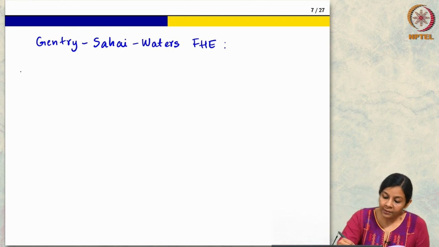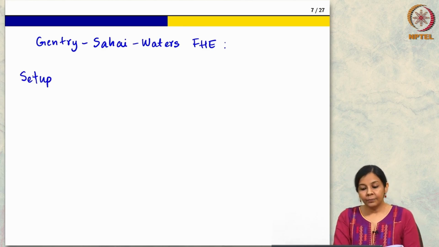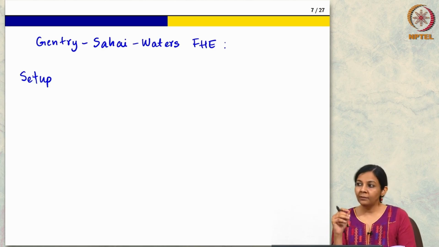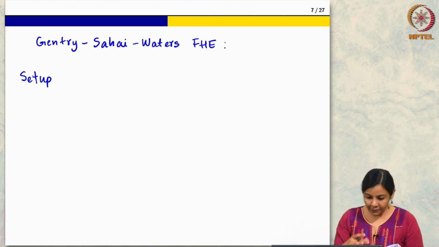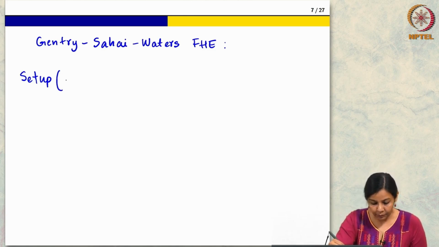So, there is a setup step. Before doing key gen, we will just break up key generation into two steps. So, one is a setup step where we choose a random matrix, we make it available to everyone, and then we will do key generation using that. This is useful later just to divide the key generation into these two steps. So, anyway, let me tell you the scheme. So, my setup here,